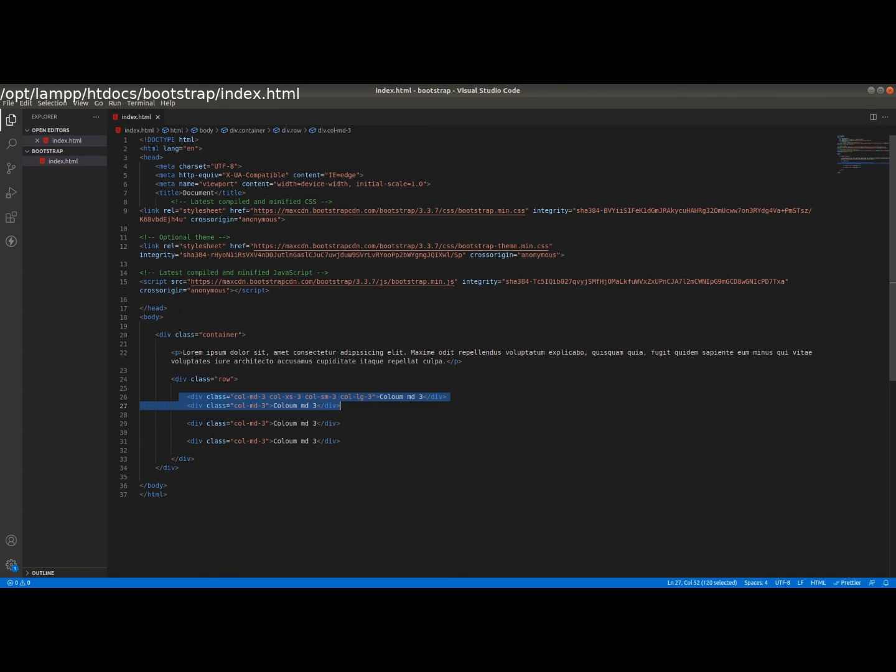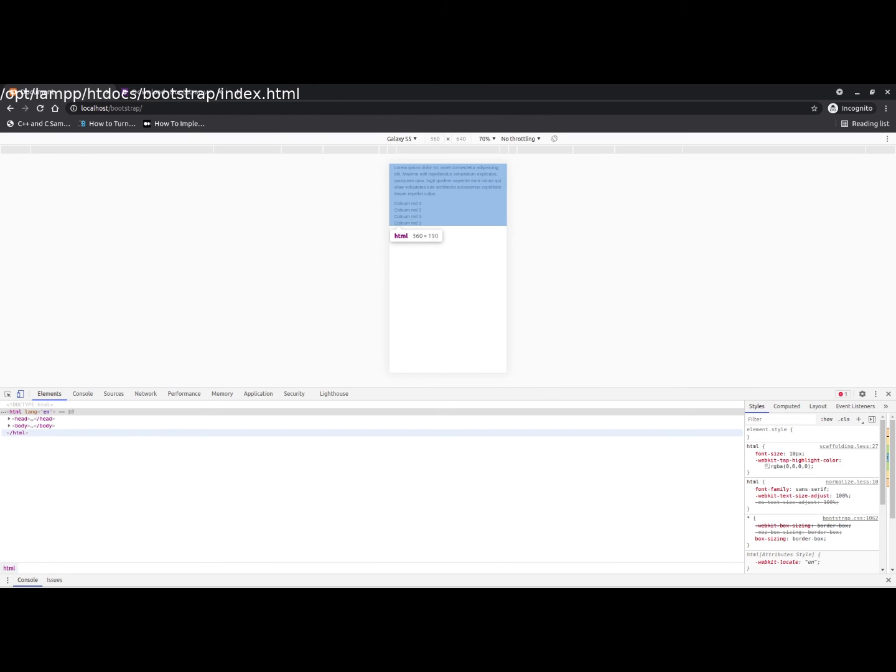So basically it will be like this: 1 2 3 4. Just save here. You can see in the small size the column will be in column sections, all the sizes will be responsive.